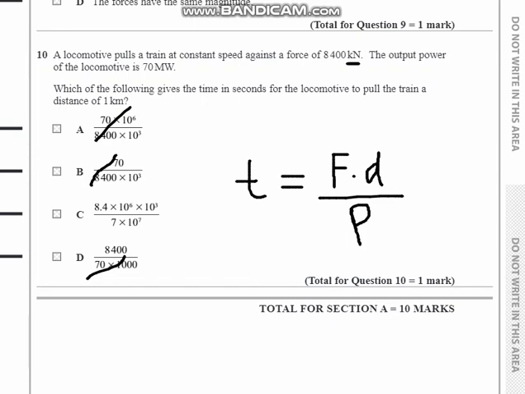And times 10 to the power 3, that's the distance. We are converting 1 kilometer into meters. So that's 1 kilometer, 1000 meters, that's 10 to the power 3. And that's all over 7 into 10 to the power 7. If you check that, we have 70 megawatt. So mega is 10 to the power positive 6, and if you count the zero for 70, that will become 7. So it's written 7 into 10 to the power 7. So C is our final answer.